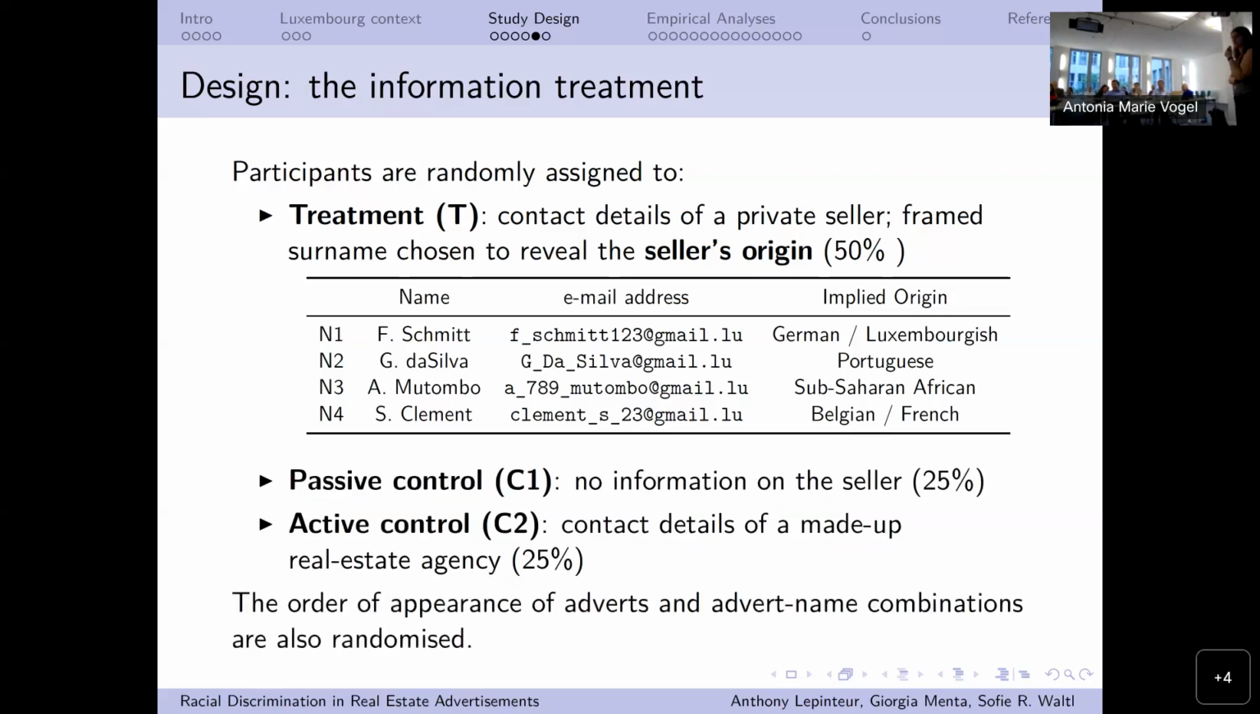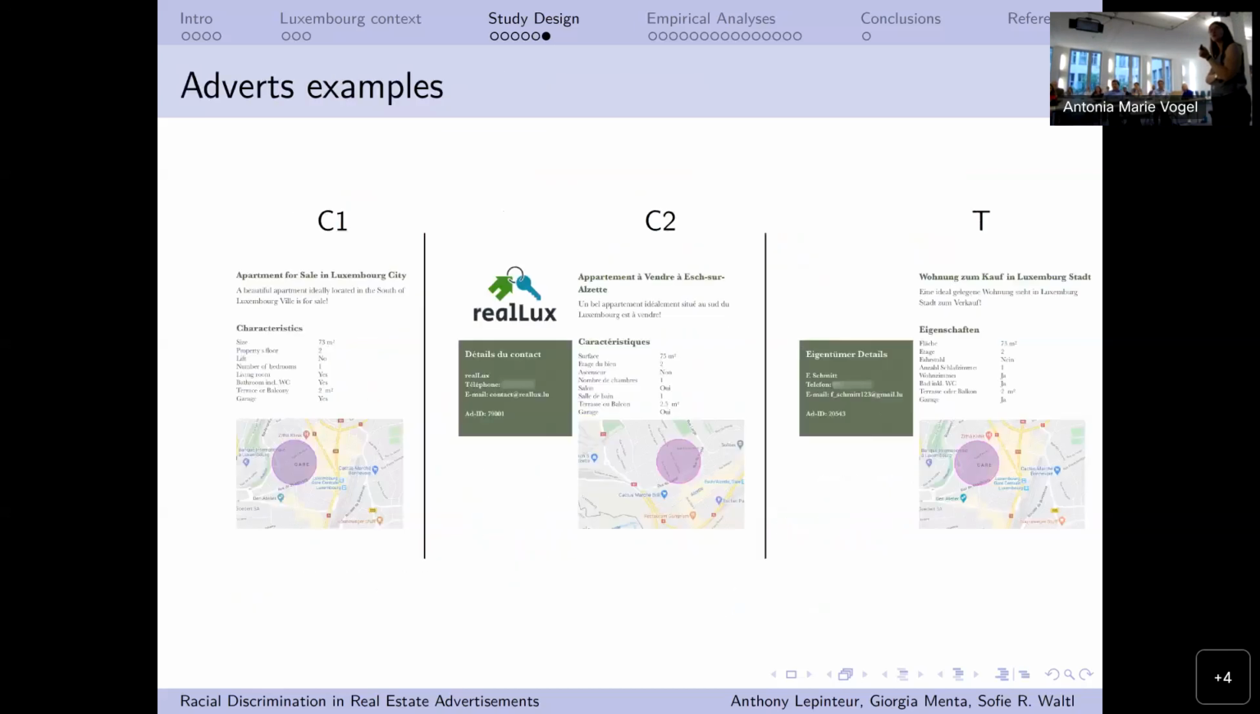The order of appearance of the advertisements, so everyone sees 4, is completely randomized. And that's a bit like how the advertisements would look. So our C1 means that there's just no box of seller information or contact details. Then C2 would see this real estate agency. And then in the treatment group, they would also see the name and the email address and also telephone